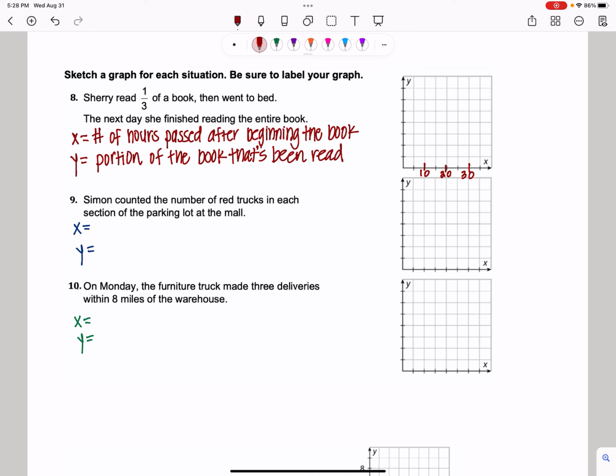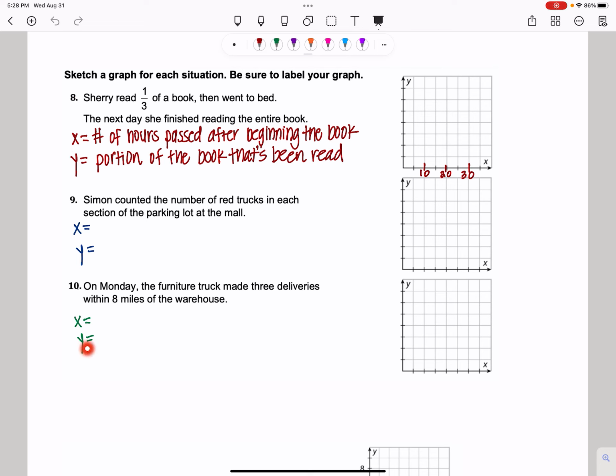Hello, so we have some problems here where we're going to need to sketch a graph for a situation. We want to label the graph. Sometimes these can be a little bit challenging because we're not quite sure what two quantities we're comparing. So I'm going to help you on number 8, but you can see as I have written on 8, 9,